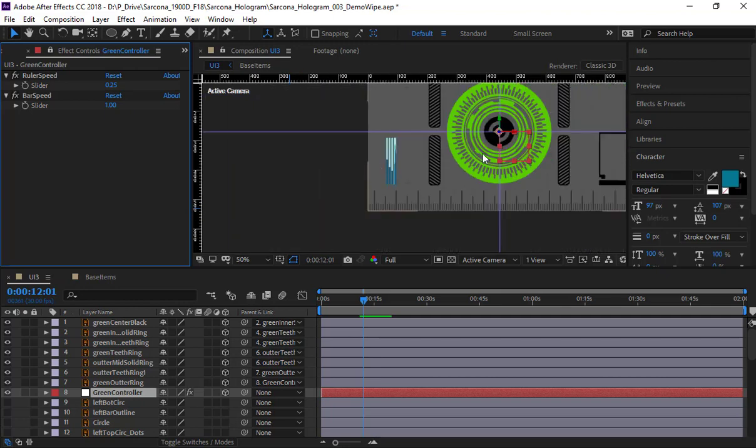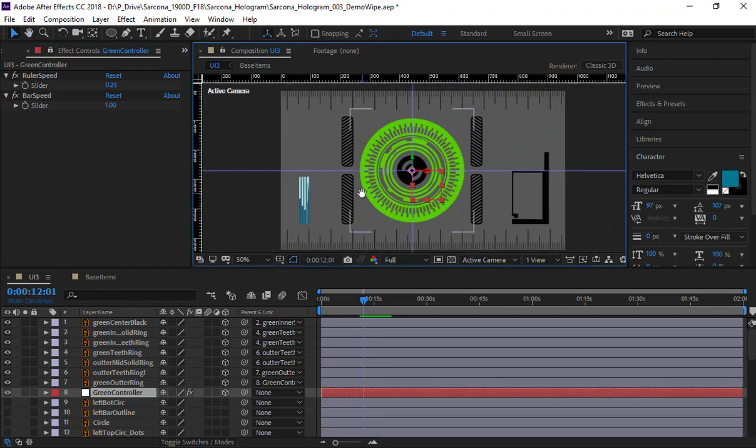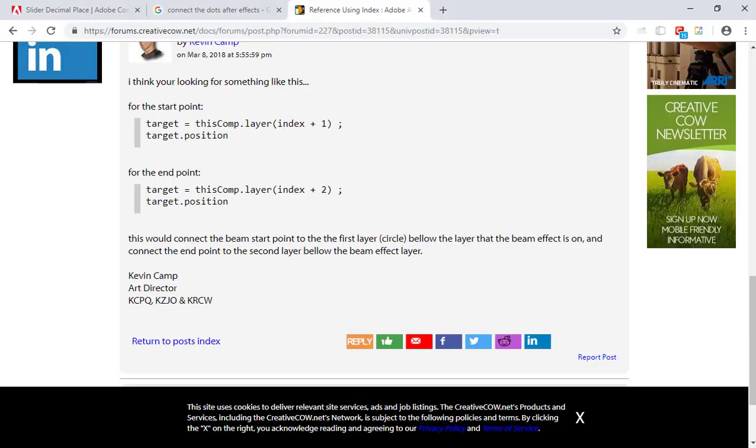Okay, so there's lots of different ways that we can manipulate this. It's just a matter of how we want to manipulate it, what we want to do, how are these things moving. You're not going to know